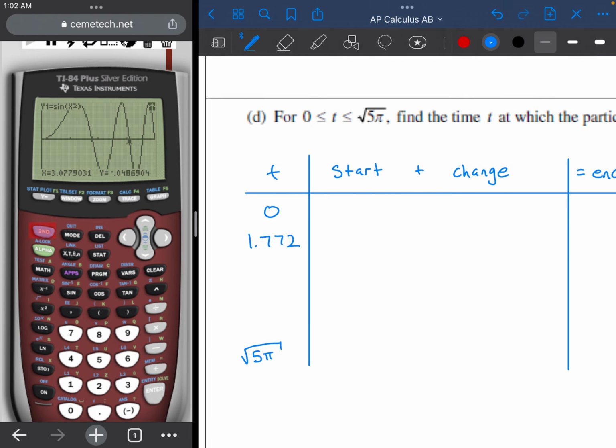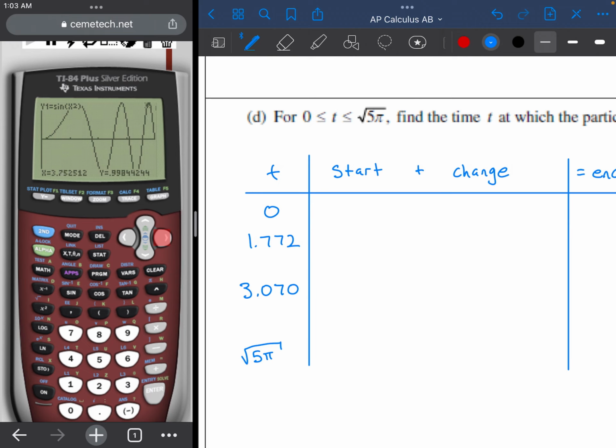So I'm going to go ahead and do a second trace to do a calculation of the zero. So 2, left boundary, I'm just going to hit left a few times, enter, right a few times, enter, and guess right there, enter. And I get 3.0699, so I guess 3.070. And again, if I go to trace again, if I go to the next point, this next point goes from a negative to a positive, which is a relative minimum,